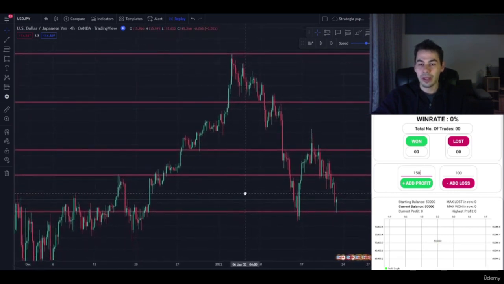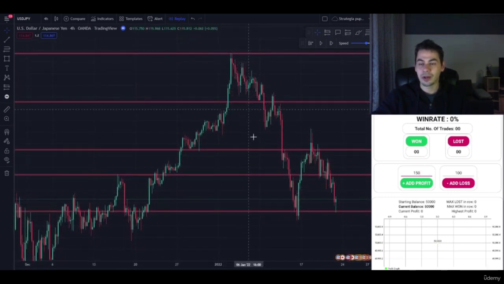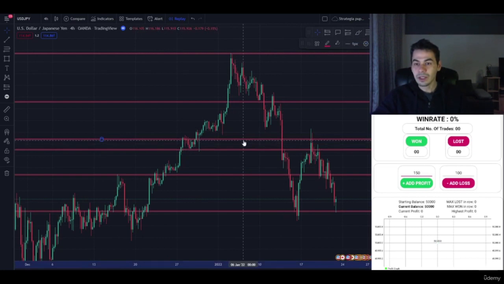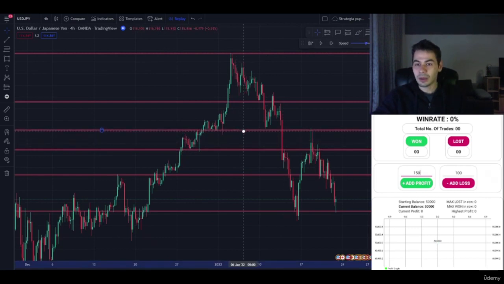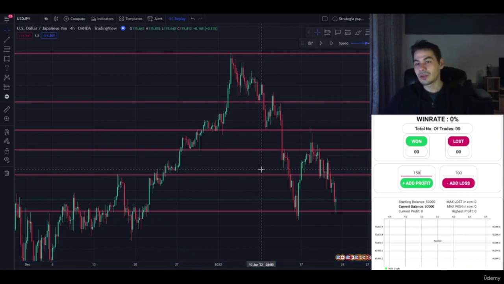4 hour time frame, as you can see that I did here prior to starting this video. You may choose several. It looks like I missed one right here. So basically just plot all the spots that you see price reacting to. 2 wicks are enough, but just make them as solid as possible to make sure you won't clutter your graph with so many lines. So now that, as you can see, the 4 hour time frame level part is covered,